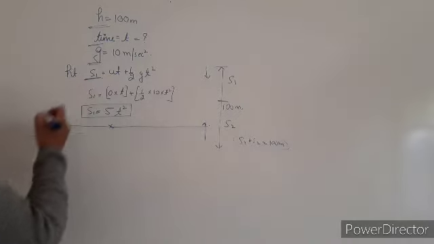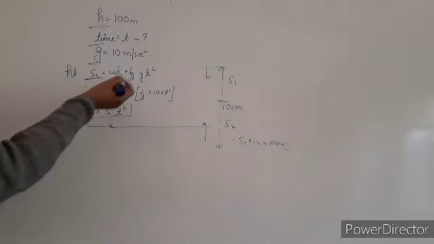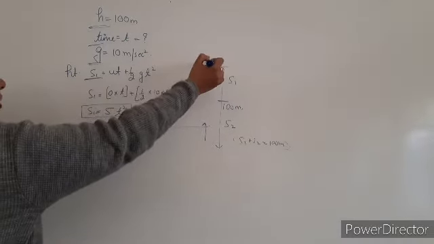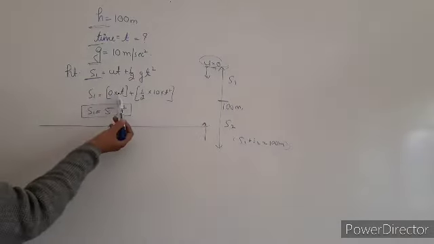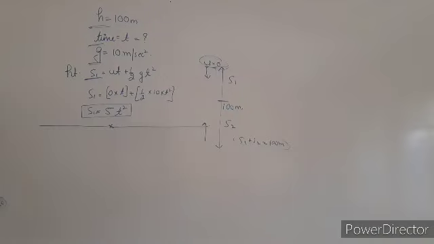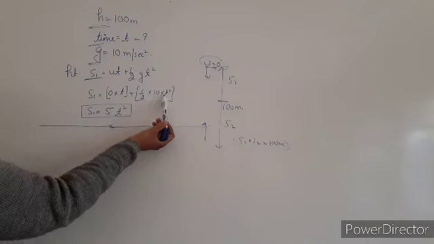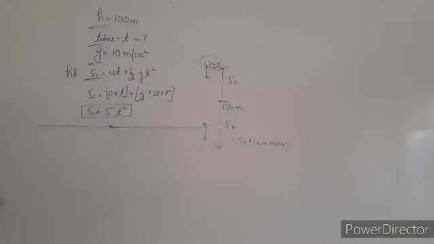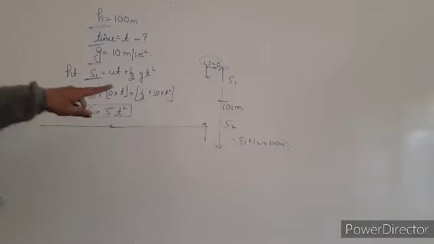We have the second equation of motion. S is equal to ut plus half gt square. Fine. So S1 is equal to u. Because it is dropped from the top, तो top पे initial velocity कितनी होगी आपकी 0. So 0 multiply by time आपको नहीं पता है, we write it as t plus half g is 10 और t square. अब हमने यहाँ पे 10 लिया because the stone is coming down, so it is under the effect of gravity in the direction of gravity, तो हम उसको positive में लेंगे.